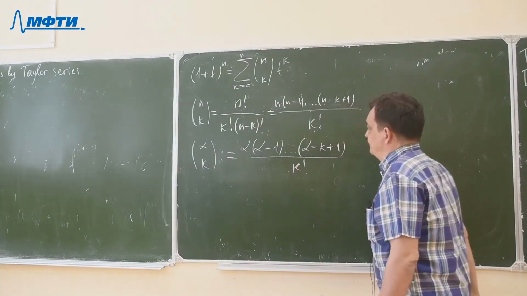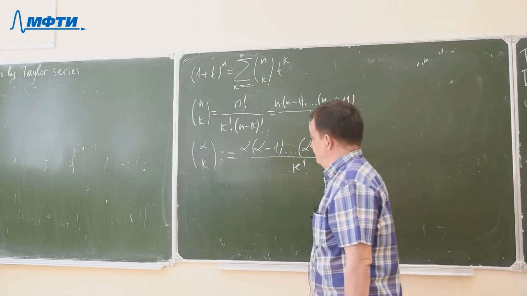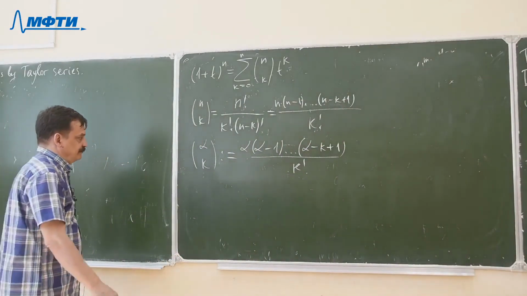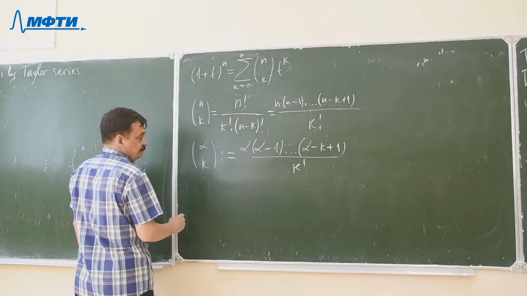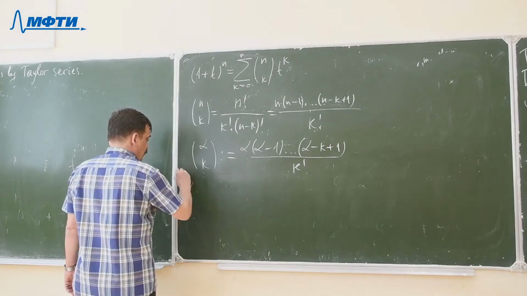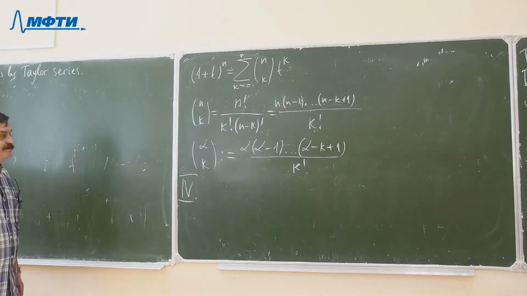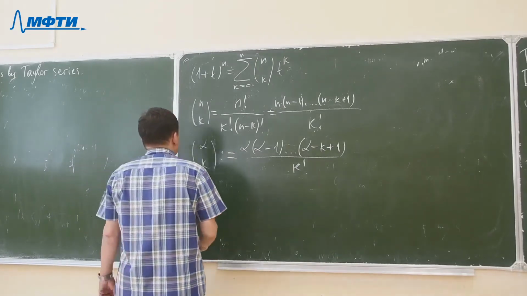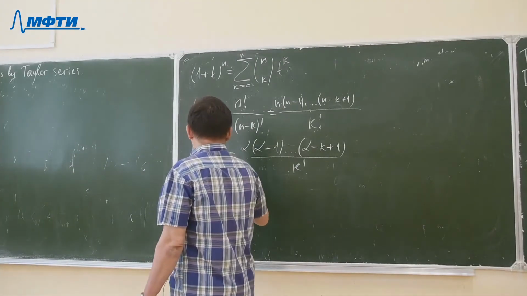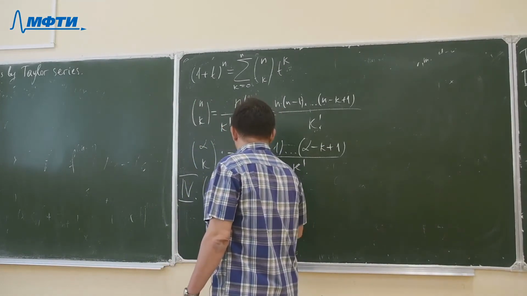That is the generalized binomial coefficient alpha choose k. And now we are ready to formulate the next main formula, that is the fourth formula in the Maclaurin representation of elementary functions. (1 plus t) to the power alpha is equal to the sum k from 0 up to infinity,